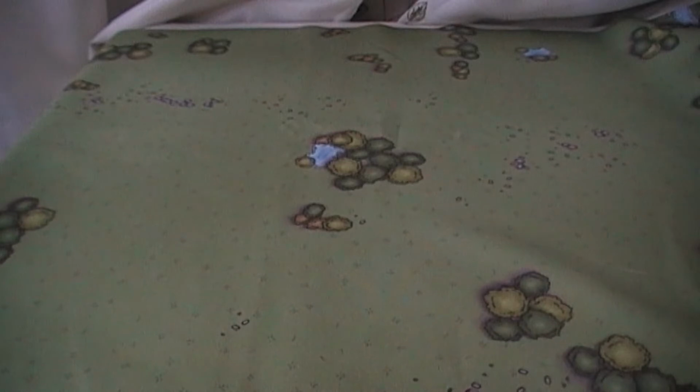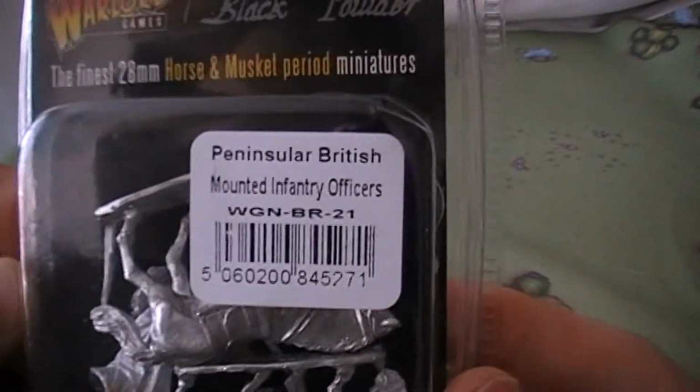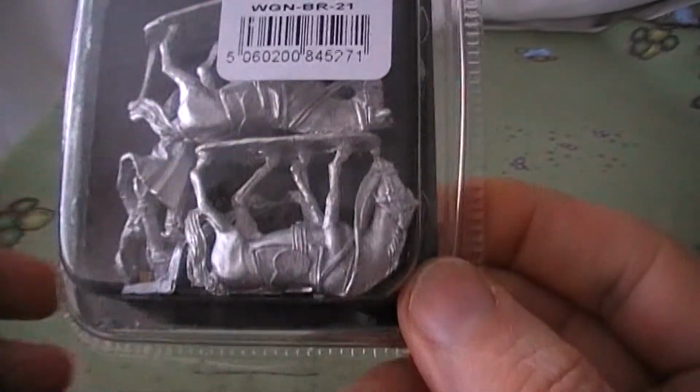Now, some of the stuff, this is all stuff I got for my birthday and for Christmas, and even though I helped my sister get me this stuff, it was all ordered from Wayland Games. So not only did it arrive way after Christmas, but also they sent me some wrong stuff. The wrong stuff mainly being, instead of Waterloo officers, they sent me Peninsular officers, which is probably not that much